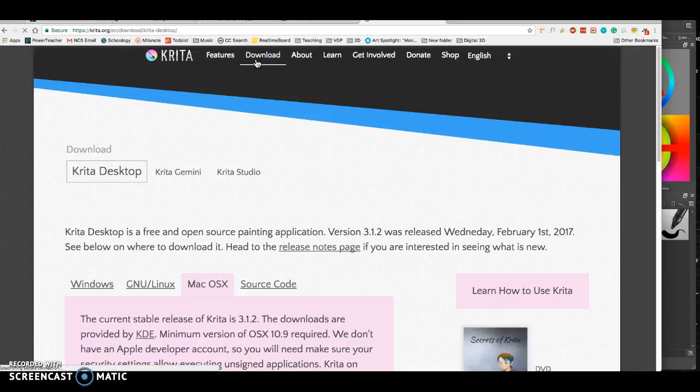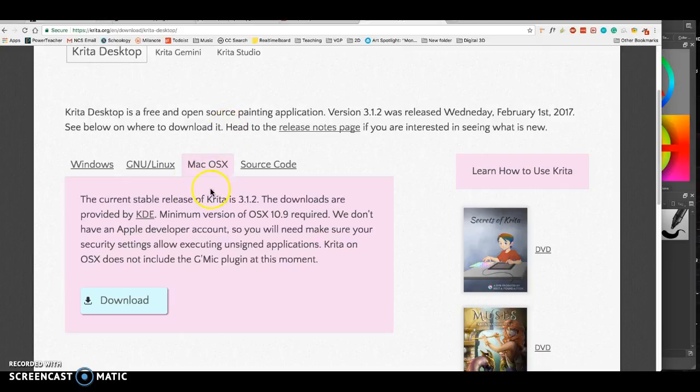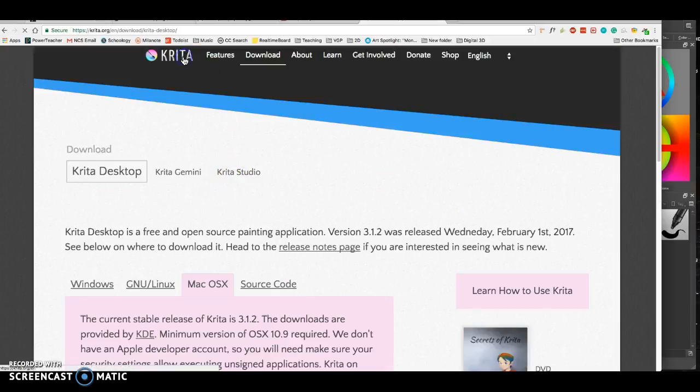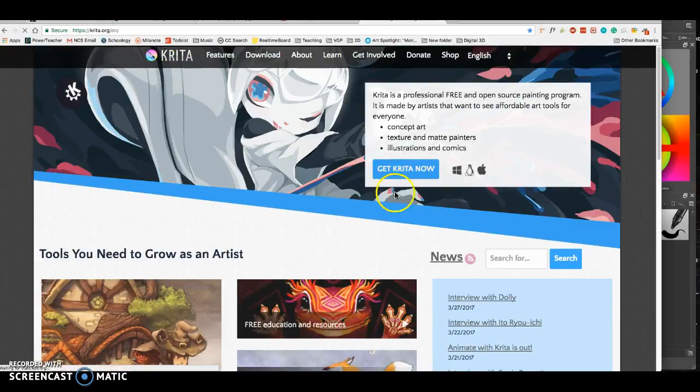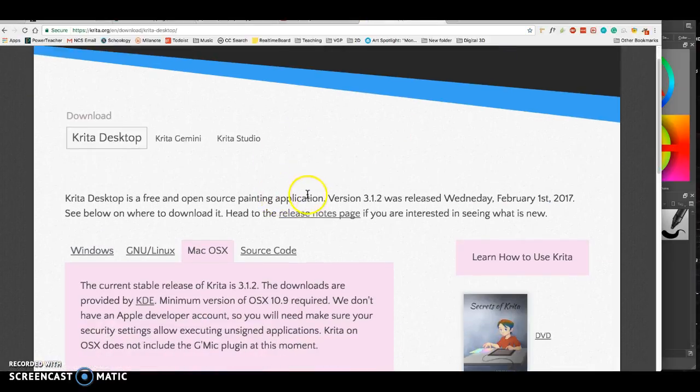You would then want to go to download, and you're going to choose your operating system. Most of you at home are going to be using either Windows or Mac, most likely. You could also download on the home page where it says Get Krita Now. Okay, so once you've downloaded it and installed it,